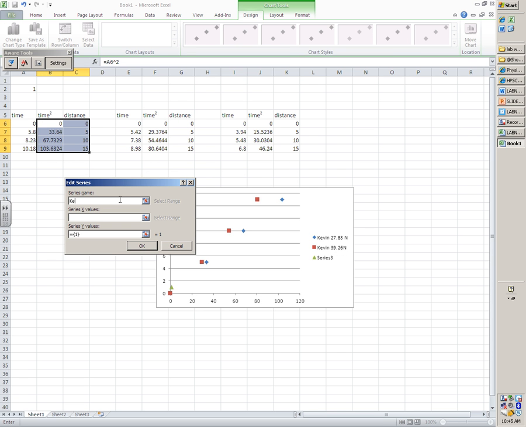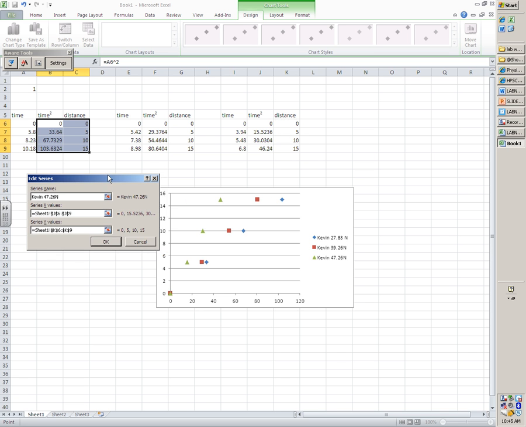This one I'm going to call Kevin, and I think it was like 50 something, right? 47.26. So I'm going to put that in there, 47.26 newtons. In the box that says series x values, I'm going to my third data table. These are the numbers that I want on the x-axis of that third line. I'm going to go in here, get rid of this, and on the y-axis, I still want the distance values.